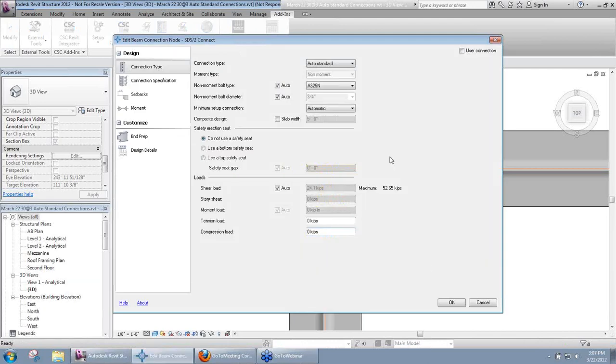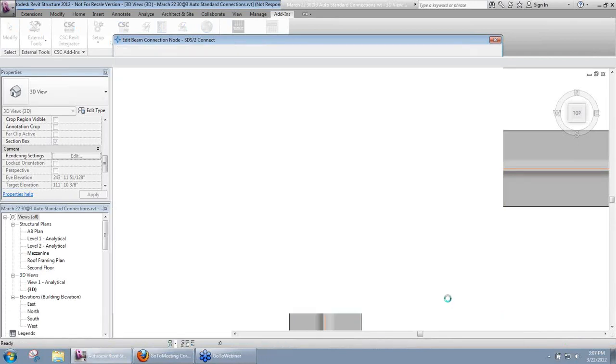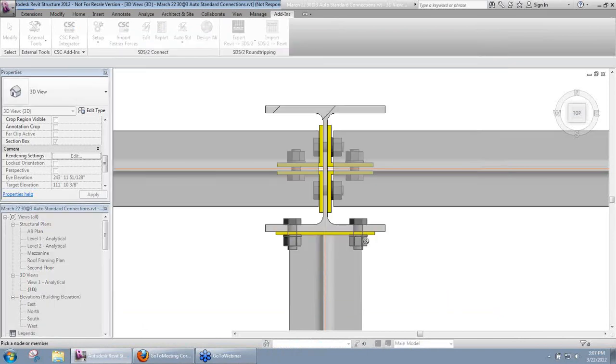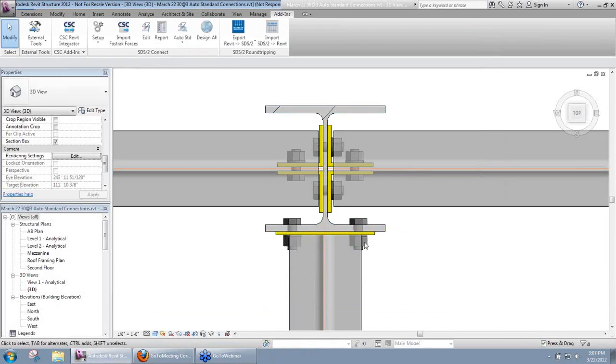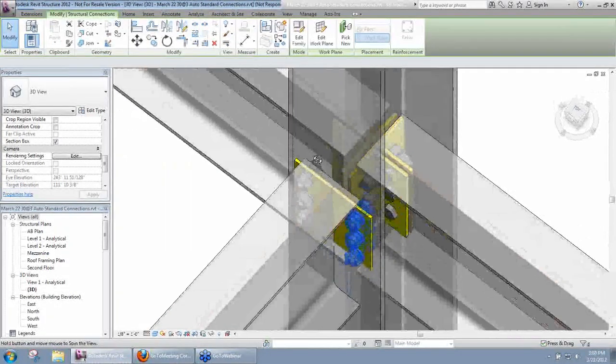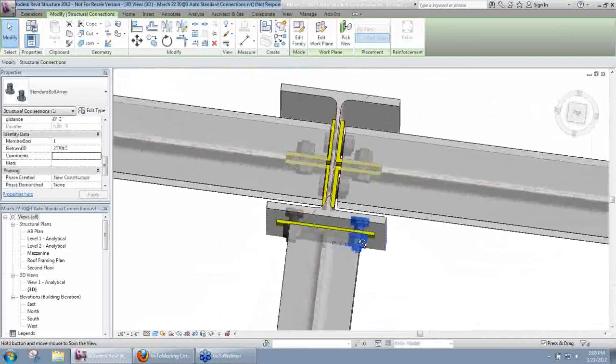So I'm going to edit the one framing to the flange. I'm not going to change anything. Whenever I edit a connection and click OK, it basically forces a redesign on that connection. Okay, so now we can see our auto standard connection now creates an end plate connection. Okay, now just to show you that I